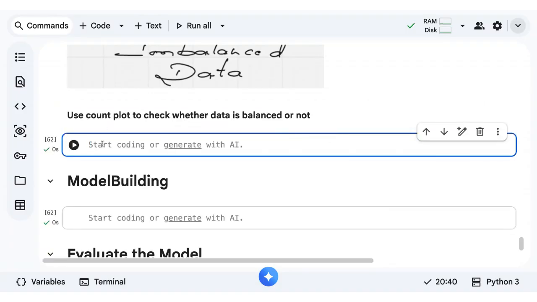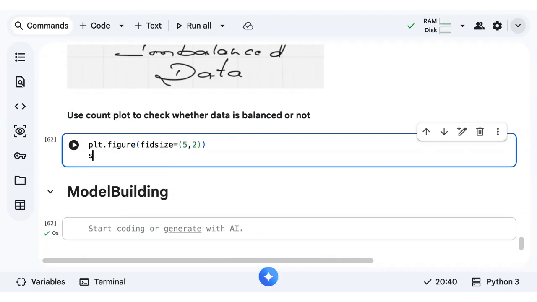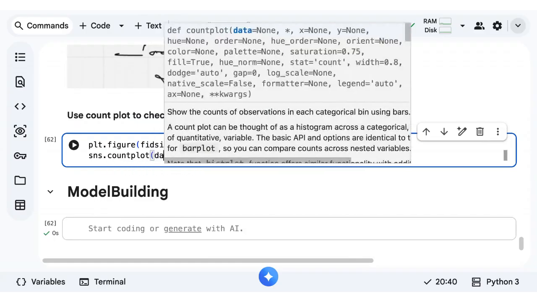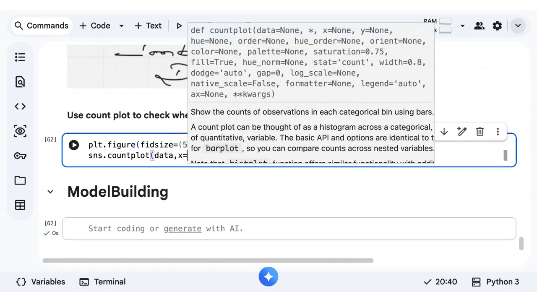So we'll use plt.figure with figsize equals 5 comma 2, and then sns.countplot with data, x equals the target column.